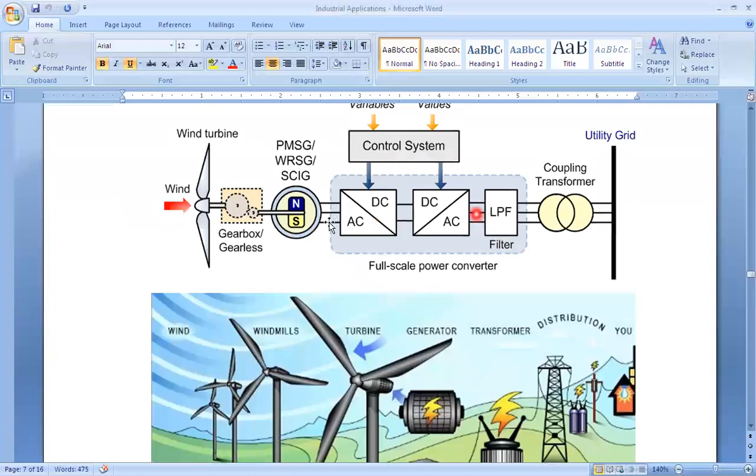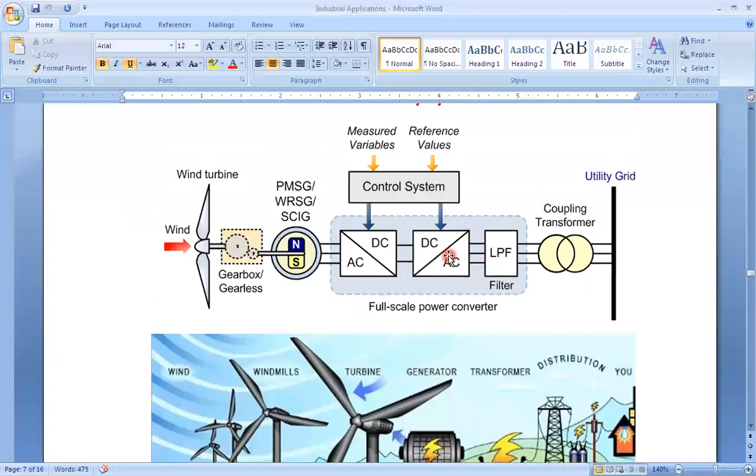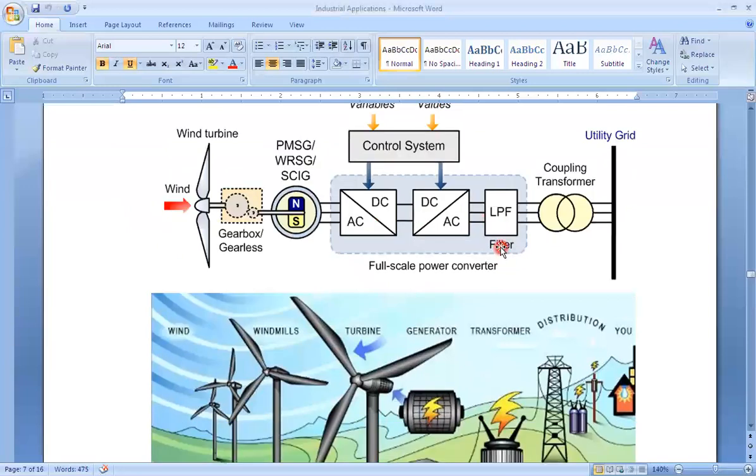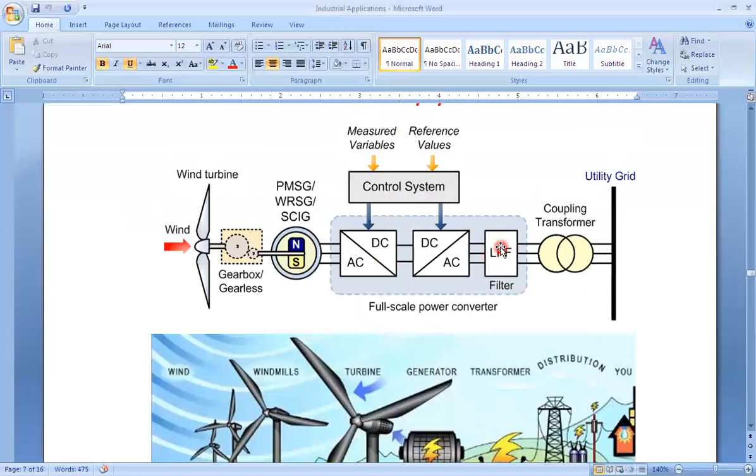So here we are getting unregulated frequency, and through this inverter, by triggering the thyristors, IGBT or MOSFET at a 50 hertz frequency, we will get the 50 hertz frequency at the output of the inverter. And here the role of the low pass filter circuit is to filter out the unwanted frequency and only allow the low harmonics. Okay. And here the coupling transformer is just to meet the grid demand.